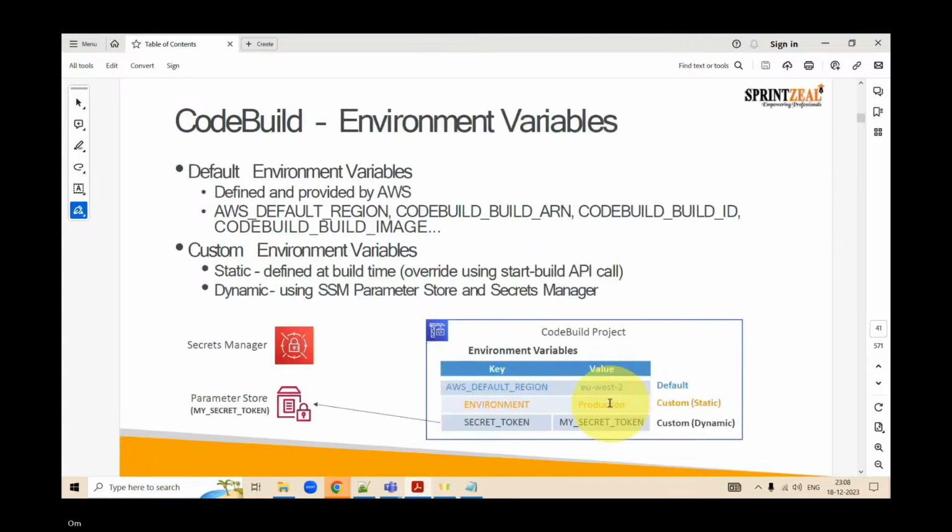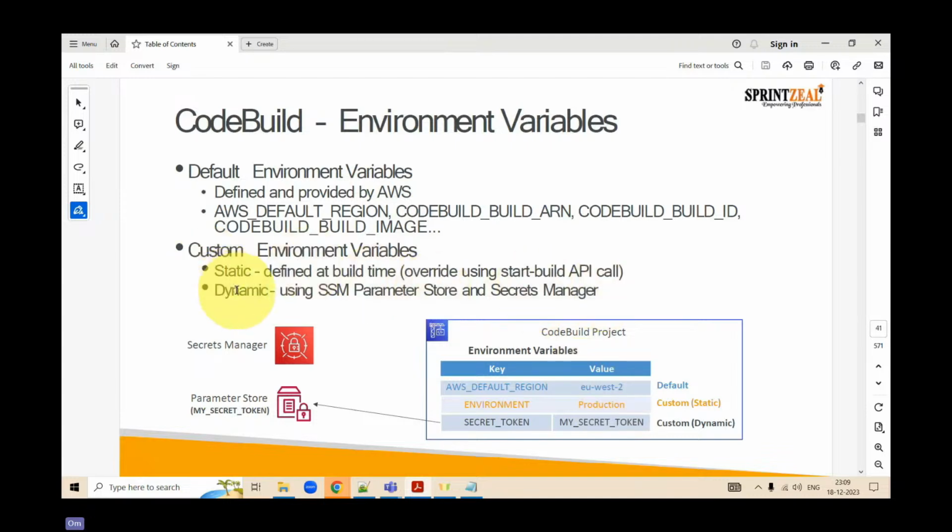Now, what happens to a static value? Generally, when you talk about a static value, these values get overridden at the start of the build using an API call. Assume I have a static value as A, next time when I run a build, that value would be overridden, and next time if it comes as B, it would be overridden with B. Whereas if the value is dynamic, whatever value is stored in secrets manager or in parameter store would be taken up that way.